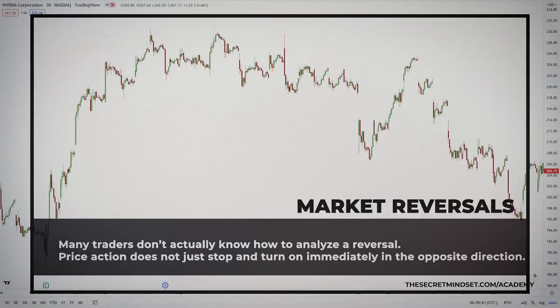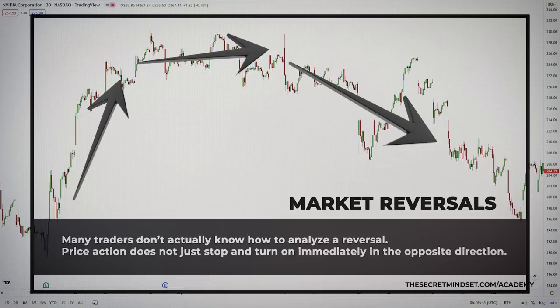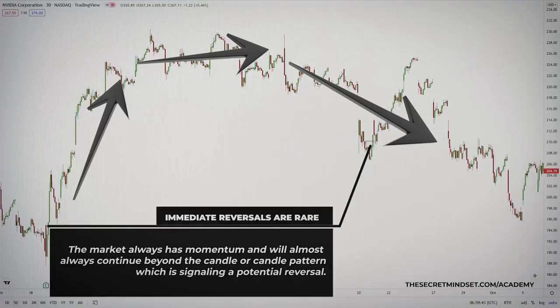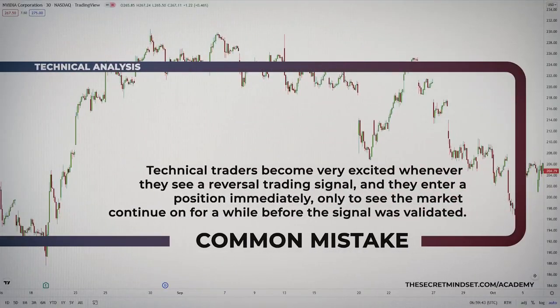In technical analysis, market reversal is a well-known concept and the basis of many trading strategies, but many traders don't actually know how to analyze a reversal. Price action doesn't just stop and turn immediately in the opposite direction. This is a rare case. The market always has momentum and will almost always continue beyond the candle or the candle pattern which is signaling a potential reversal. The problem with many technical traders is that they often become very excited whenever they see a trading signal and they enter a position immediately,